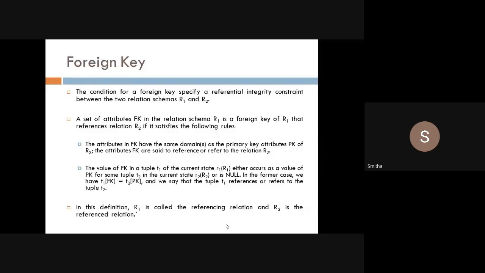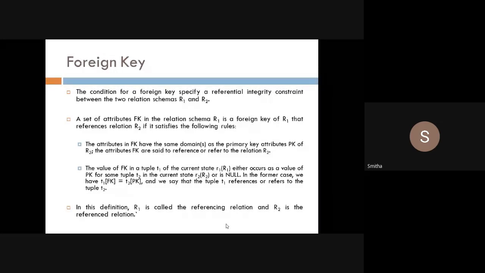D number should be a primary key in at least one relation, because in the department relation D number will uniquely identify each department. At the same time, it will be used to refer to the other relation also, the employee relation. So that is foreign key. Okay, got it, students? So D number will be a foreign key.